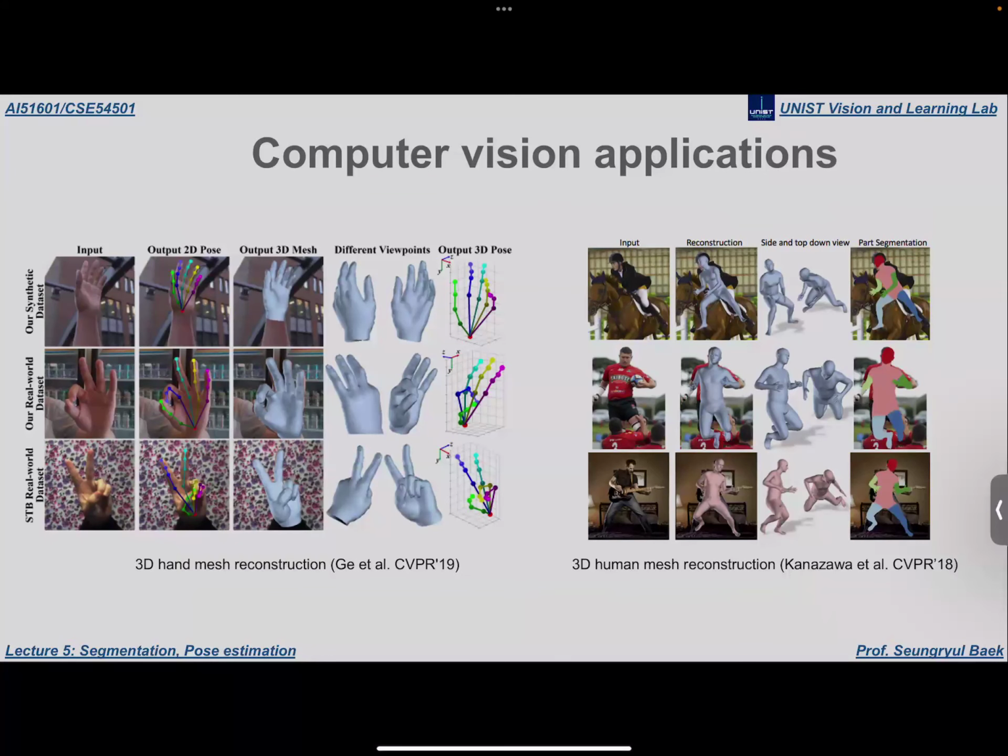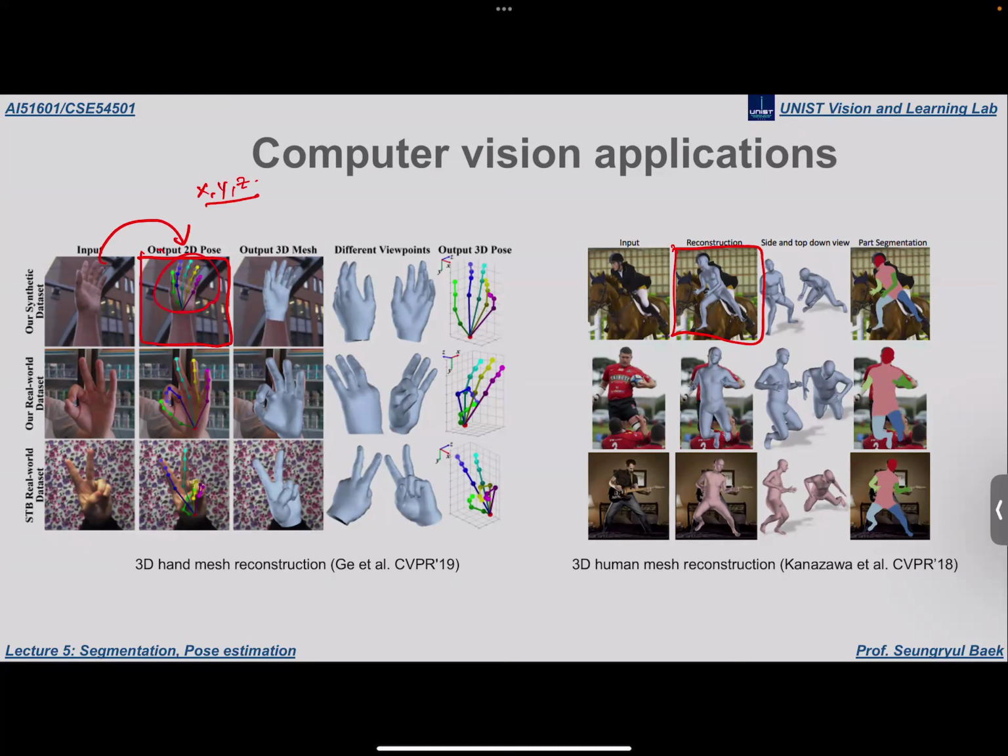And also we will see the pose estimation task, which is popular nowadays. In the pose estimation task, our aim is to estimate landmarks of the hand or of the human body, okay? Given an RGB image, our aim is to recognize the XYZ coordinates of the landmark points